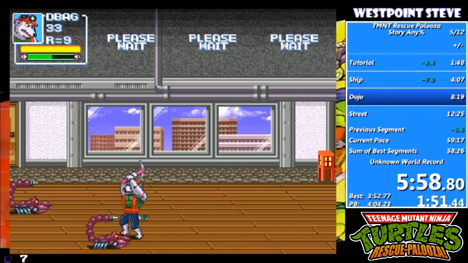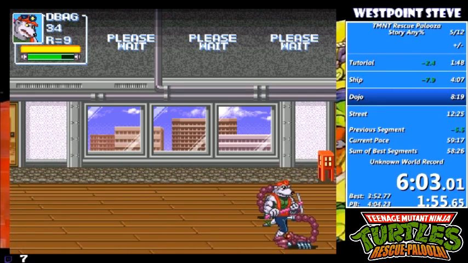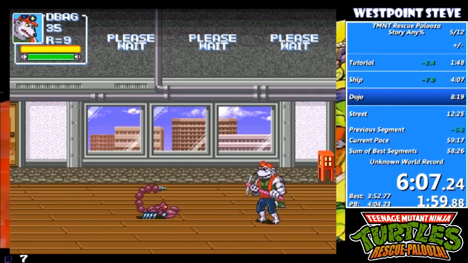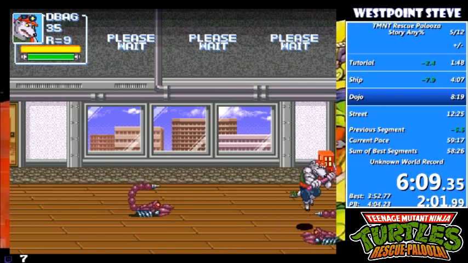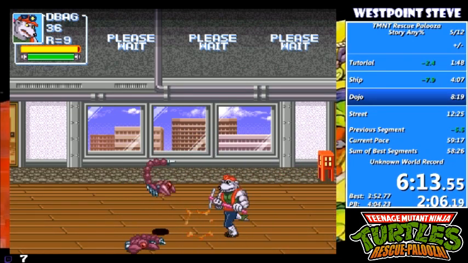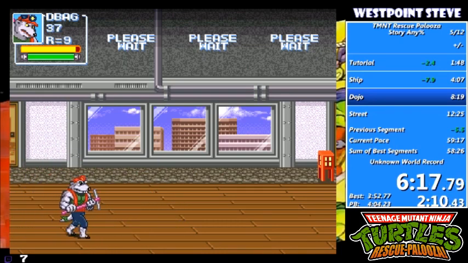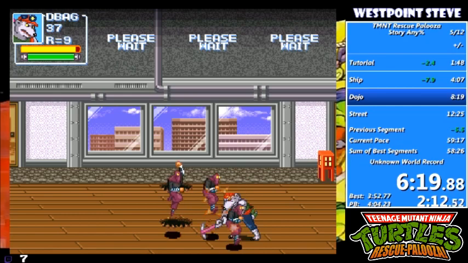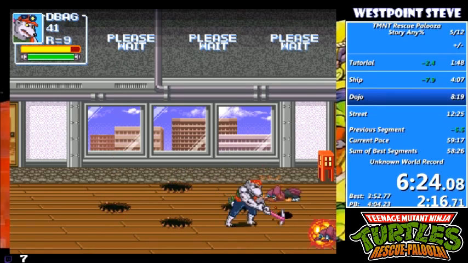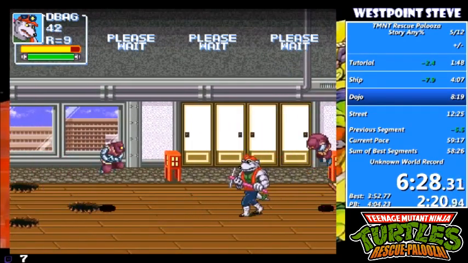Alright, so more scorpions. Scorpions are notorious in Turtles 2. They are the killer of many runs. Thank goodness they're not the killer of many runs in this game. However, they take a ton of hits to get rid of. They take about 6 hits from Dirtbag to get rid of them, and it's a pain in the butt. It is really a pain in the butt to try to hit them, especially with that pickaxe. As you can see, and then also you have to be in a certain range to hit